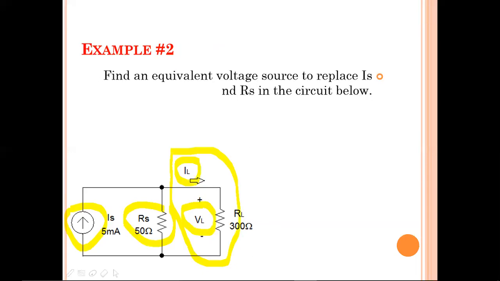Here, the same steps that I did in example number 2, I am going to follow for 3 to 4 different cases. Based on those cases, I will conclude how the current source is affected while converting to the voltage source. Observe how the load is affected while increasing or decreasing the resistance parallel to the current source, which is known as the internal resistance. Let me move to the next slide.